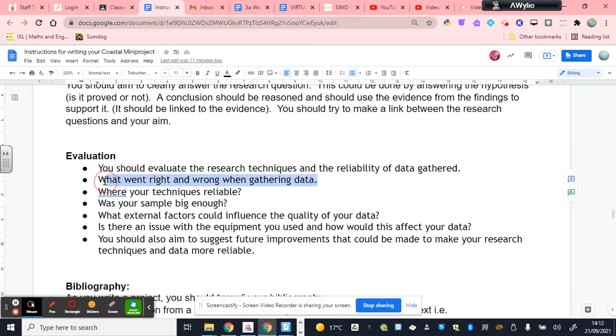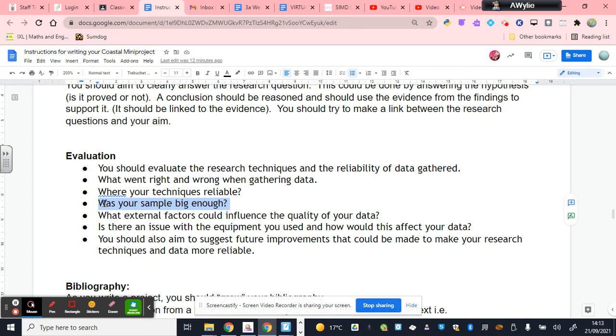So research techniques, the equipment we use and how we go about gathering data can challenge how good our data is. Equally, the reliability, so how much do we trust our data? Well, the reliability of the data comes down to a number of things actually. First of all, if our techniques aren't good, then our data's not going to be that reliable because the quality of the numbers we're gathering is questionable based on the equipment we were using and the way we were gathering